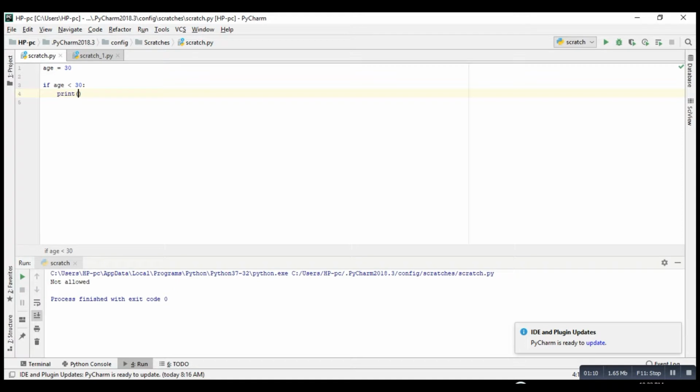That's also a function we have discussed earlier in the other videos. Print, what print? If age is not allowed, okay, not allowed to enter. For example, if you want to have a theater show, at below 30 you are not allowed to enter the theater show, or enter a room, or enter a hall. So you can apply it to any context. But let's see, if you're going to run this,